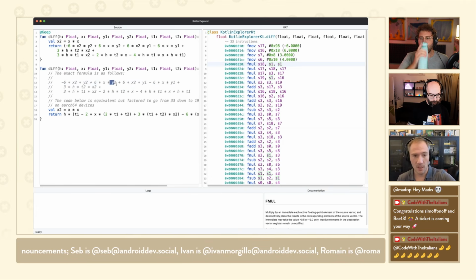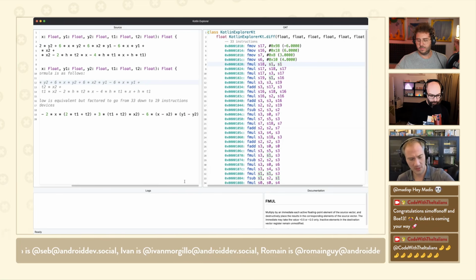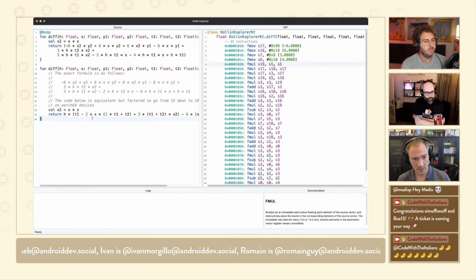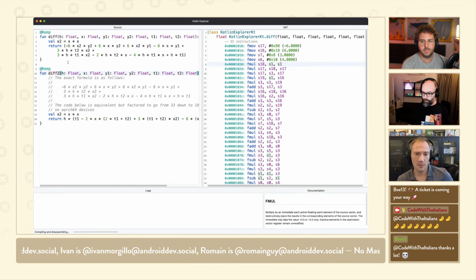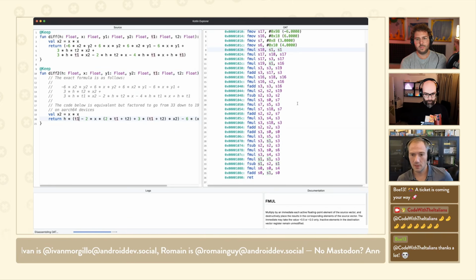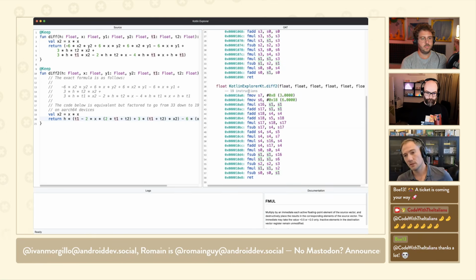Once you factor the math, it has nothing to do with assembly or bit tricks or anything like that. You compile this: 33 instructions, refactor the math, and now 19 instructions, right? We didn't do anything magical. It was just questioning what you're reading and realizing that compilers are amazing.